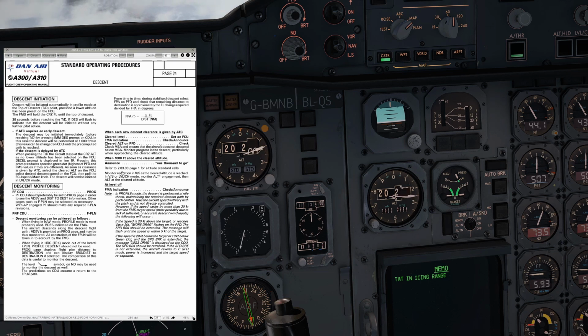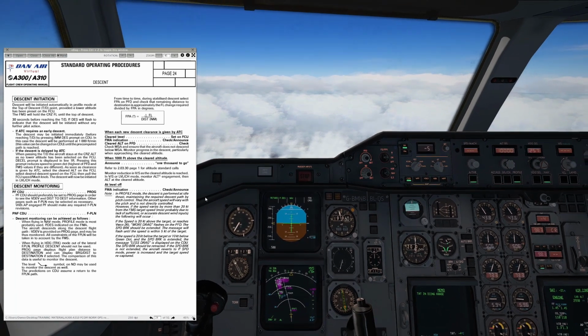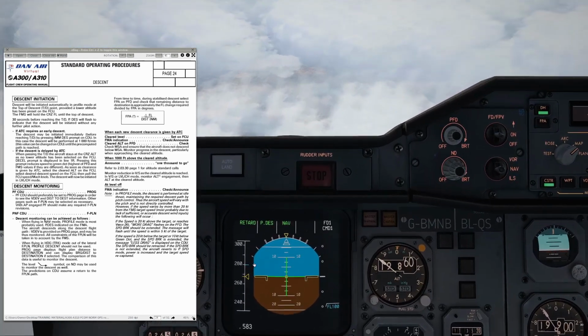Then other things, monitor reducing FMS indication. In profile mode descents, perform the idle thrust, maintaining the required descent path by pitch control. Thus the aircraft speed will vary with the pitch and is not directly controlled. If the speed varies by more than 20 knots from the FMS target, the FMS target is this